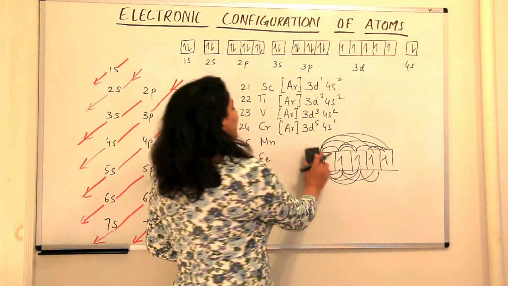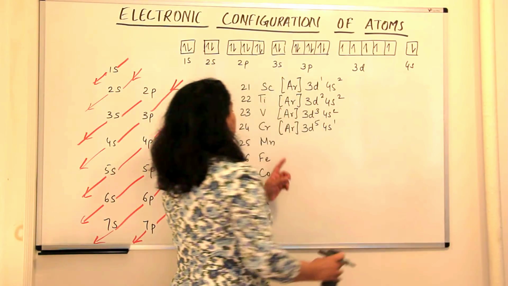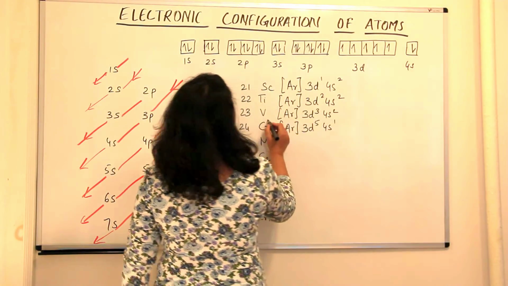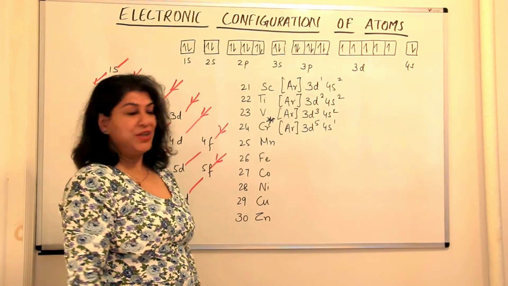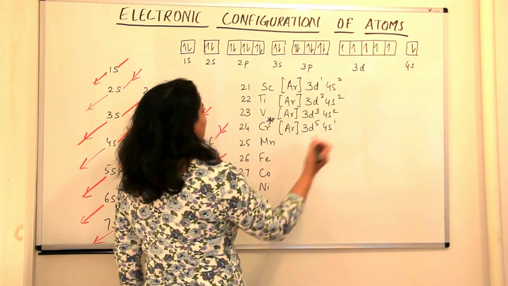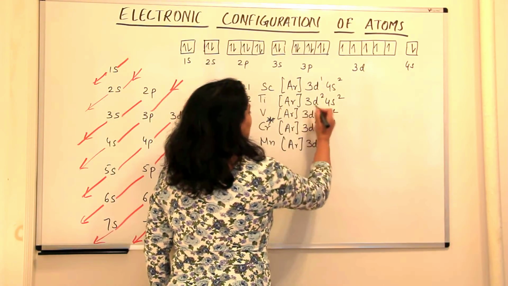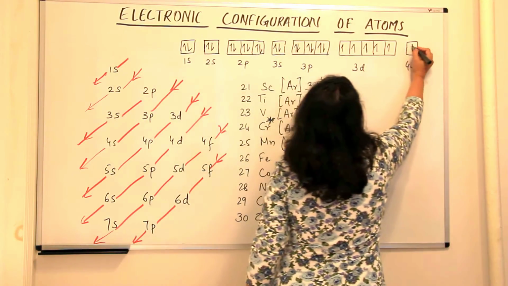And that is why we find some abnormal configurations. One example is chromium. In your book, you'll usually find a star in its configuration, an asterisk over it, indicating this is an abnormal configuration. Then comes manganese. Manganese is 25, as expected. This is argon, 3d already has 4 electrons. The 5th electron would go into this. And 4s is again